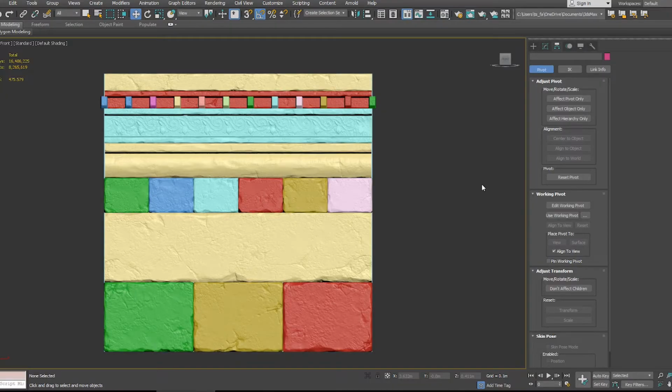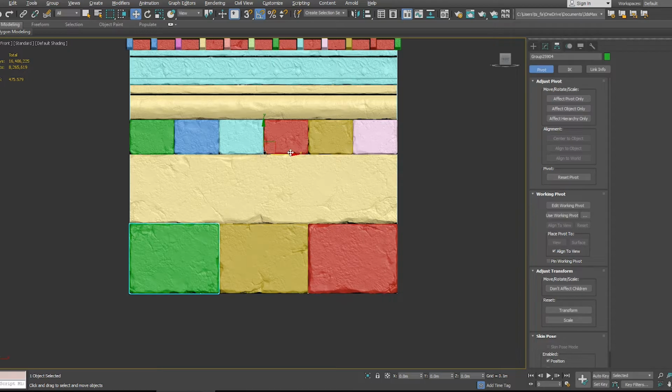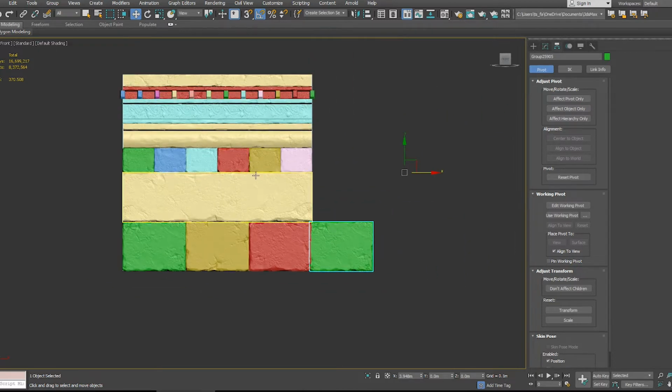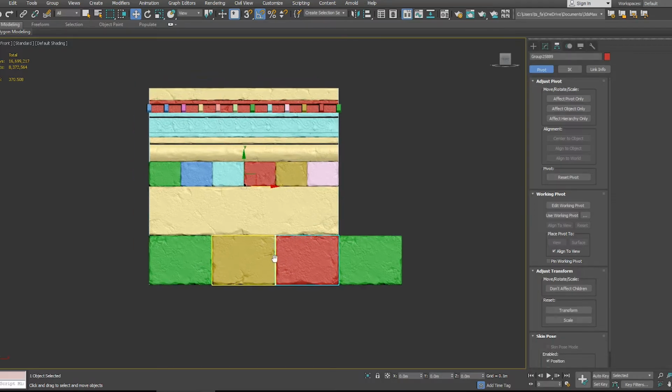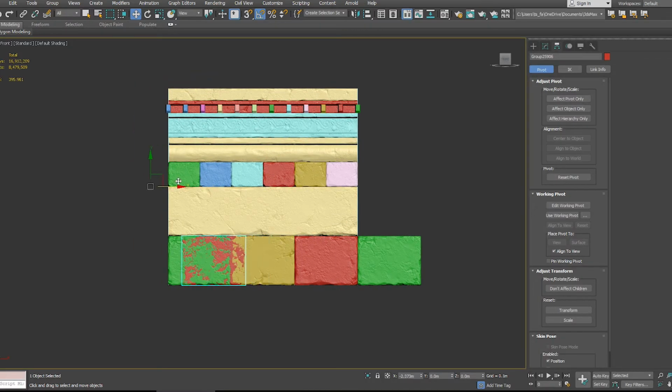So we're going to take, say, this mesh here, and we're going to just quickly duplicate this over. Shift drag it as a copy, and because the pivot is still in the center of this mesh here, I can actually just down at the bottom here type in 4 meters, and that's going to set it exactly 4 meters over to the right. And then I'm going to do the same for this one here. Just copy it and put this at -4 meters,